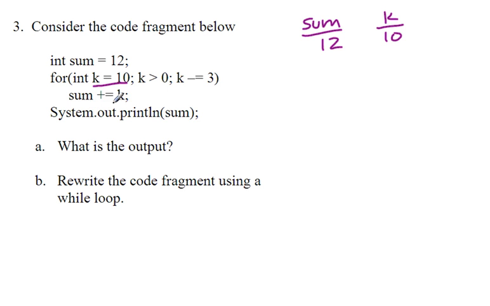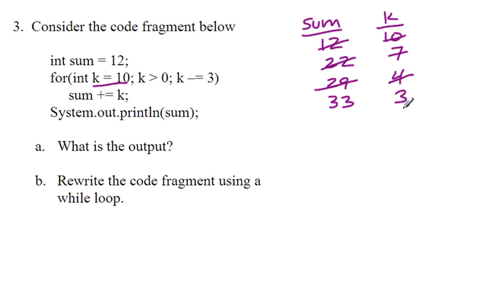And the first thing I do is I add k onto sum. All right, so I add 10 onto 12, and sum becomes 22. And after I do that, I do k minus equals 3, so k is now 7. 7 is greater than 0, so I do this again. I add 7 onto 22, which gives me 29, and k goes down by 3, and I'm at 4. 4 is still greater than 0, so I add 4 onto 29, which gives me 33, and this goes down